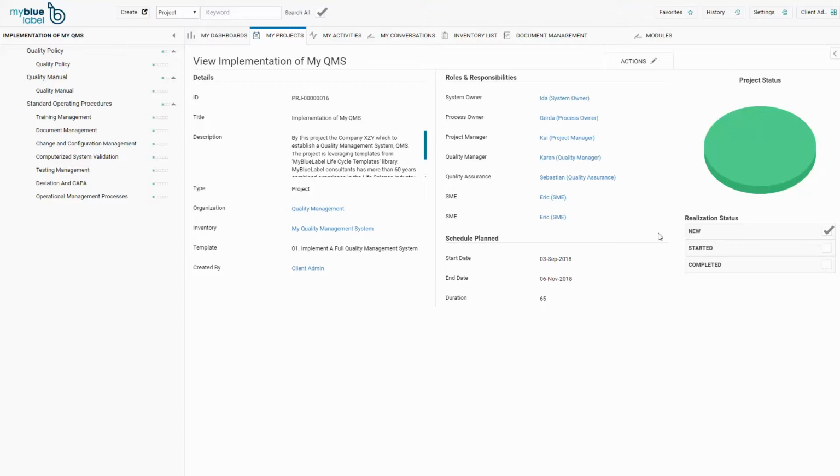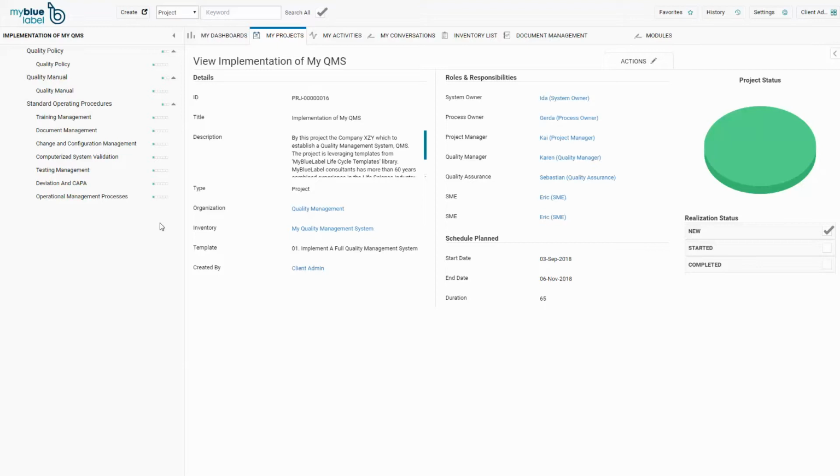If a task is red, it means the task schedule is off track and the whole project turns red. The same actions for the task in status yellow needs attention is applicable for the task in status red off track. The task, workflow status and schedule status is displayed by visual indicators in the left pane. Therefore, the exact project status can be given within seconds when viewing a project plan in MyBlueLabel.